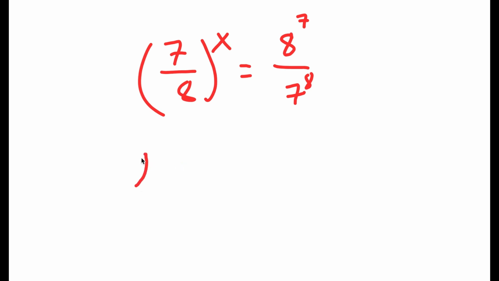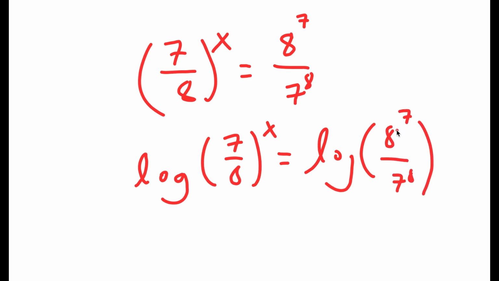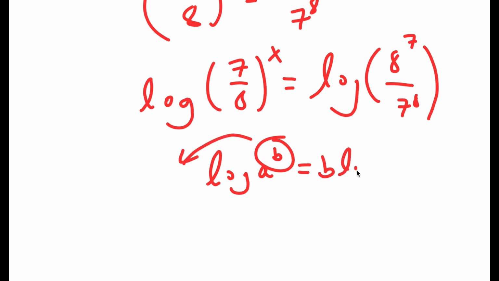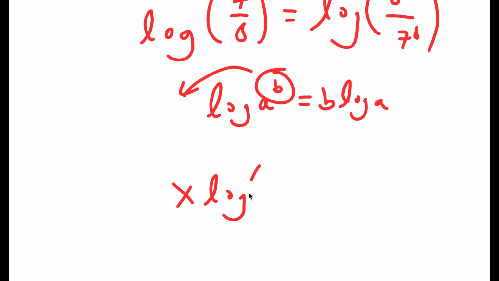Now I'm going to take the log on both sides. So I get log of (7/8)^x is equal to log of 8^7 over 7^8. Now if I have something in the form log a to the power of b, I can move this exponent b to the front, so it's going to equal b times log a. So in this case, I get x times log 7/8 is equal to